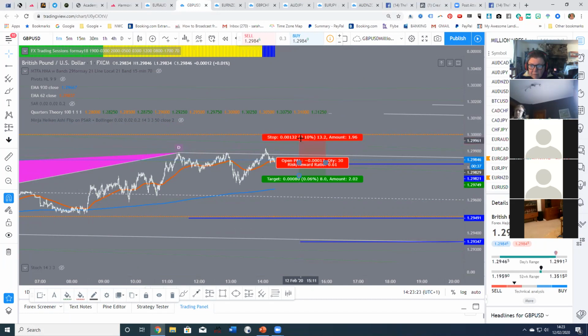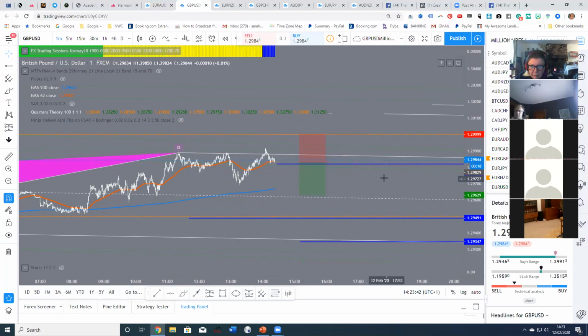Now, as it's a GBP pair, I probably would take it above quarter theory, and then I'd take it down to, I would want 20 pips. So I'm looking for price to go to there, and then we want to see